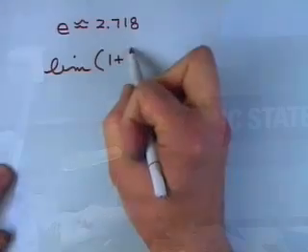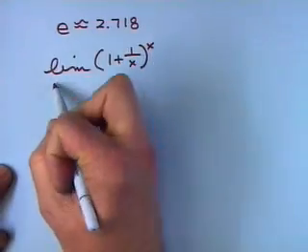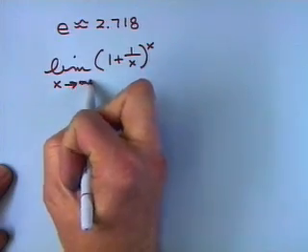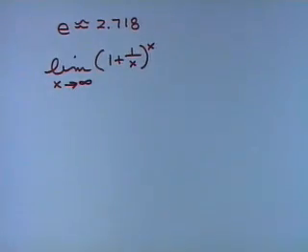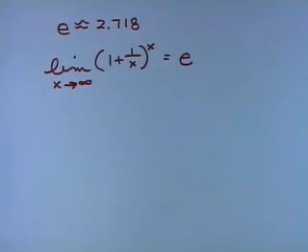But let's look at one of the ways we could come up with this number e. We're certainly not going to be able to evaluate the limit here all the way out to infinity, but let's get an idea that it does in fact generate the number e: 1 plus 1 over x, to the x,